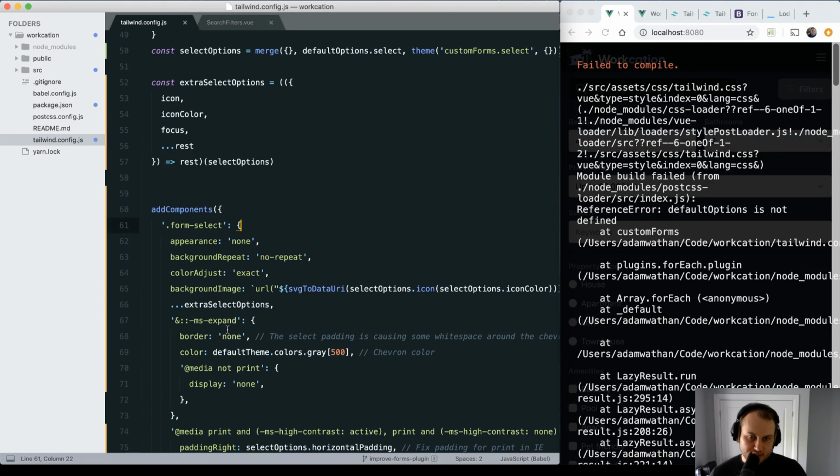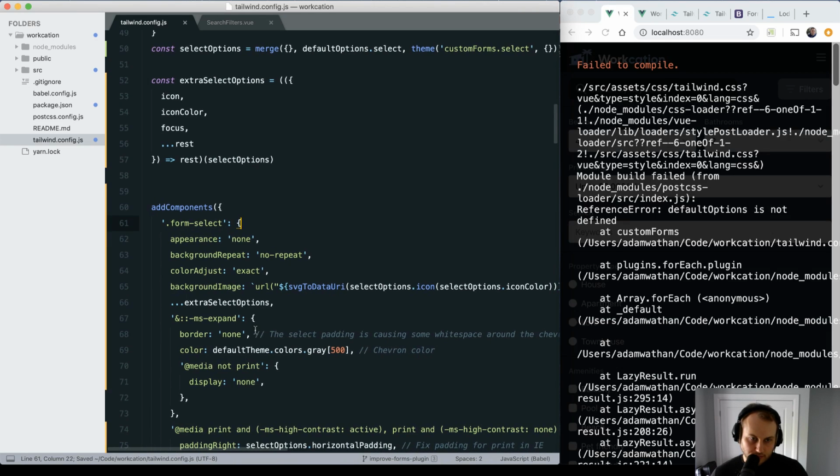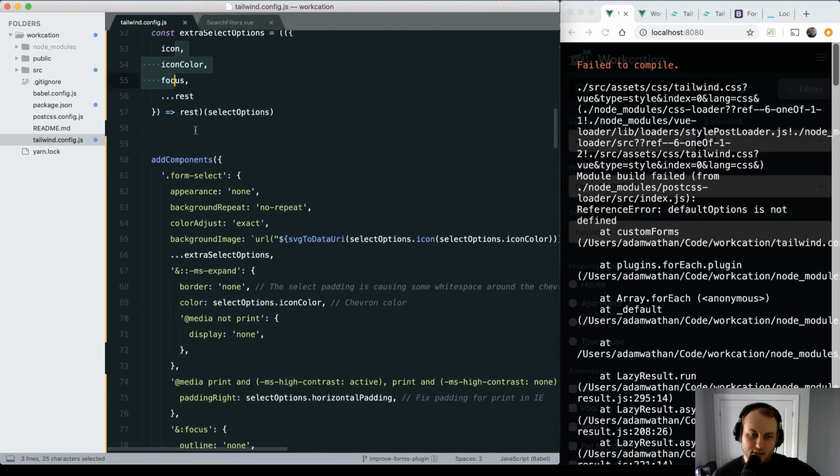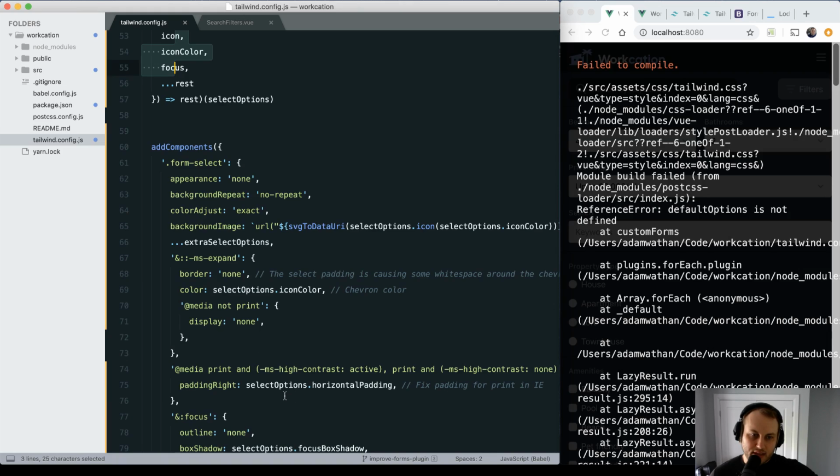So this MX expand thing, this is okay. This is going to become select options to icon color. And I think what we're going to find too is the only values that we're ever referencing here directly are probably from this list, I think. Actually, here,